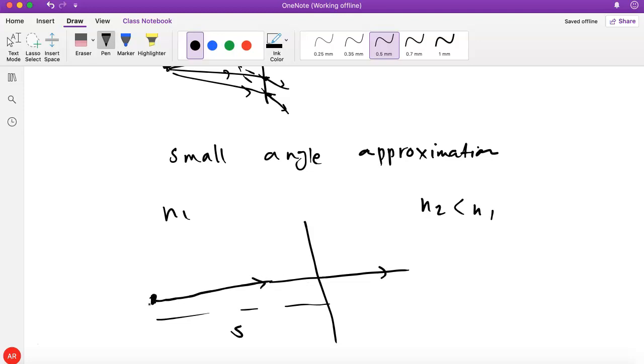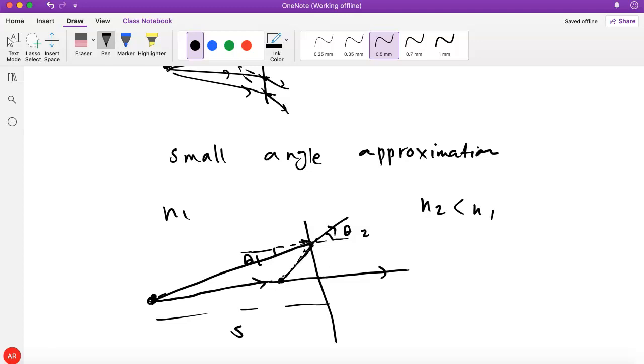Then let me consider another ray. So it forms an angle theta with the normal to the interface. And we're assuming theta is small. So let's call it theta 1. And then as it's refracted, it forms an angle theta 2 on the other side. Okay, so if I continue this ray and see where it intersects with this normal ray,